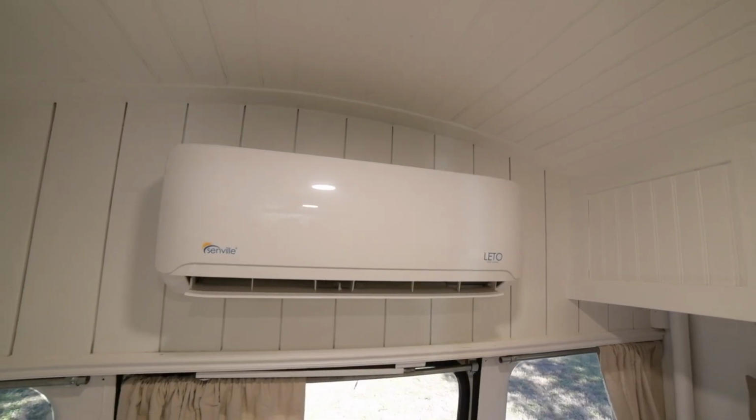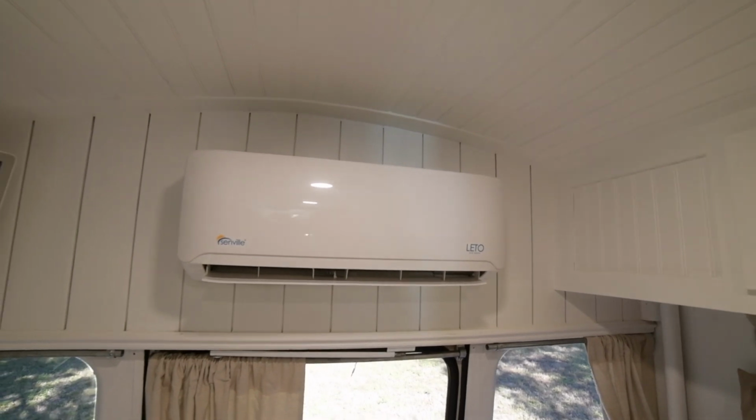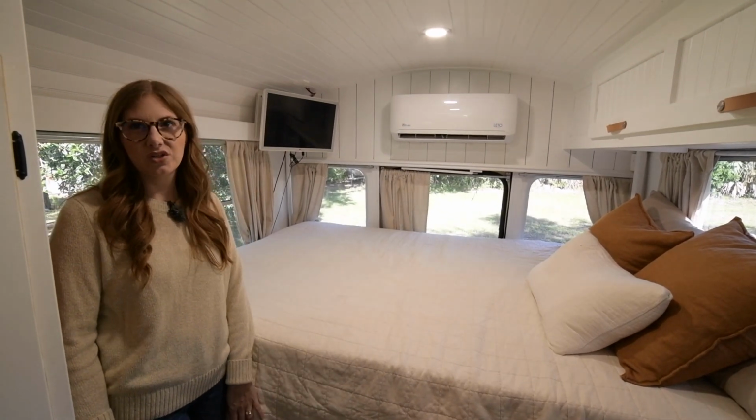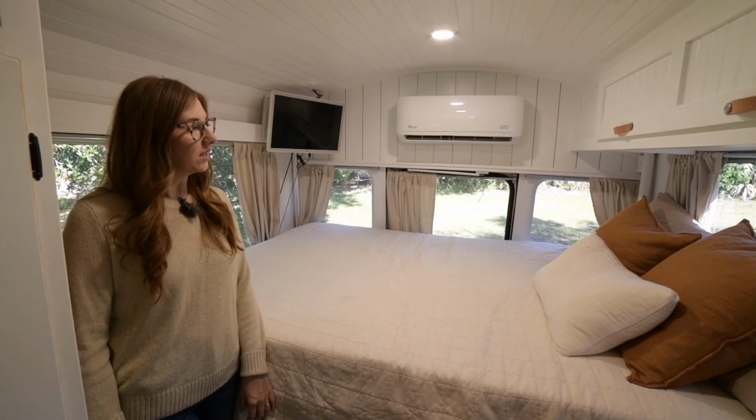We have a mini split AC unit, which has been wonderful too. It cools the bus down pretty quickly, and I think it depends regionally where we are. It also is a heater, so